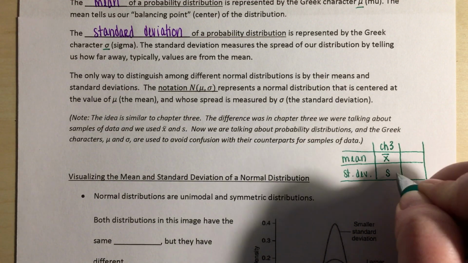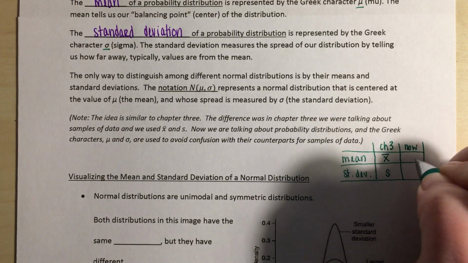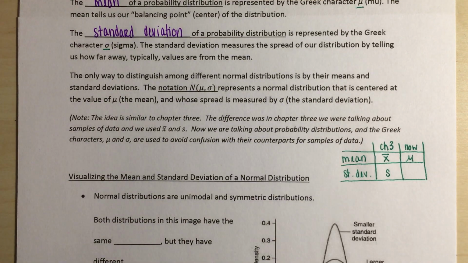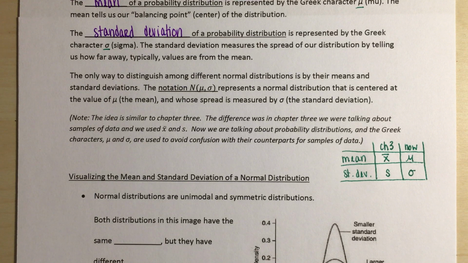When we were thinking about standard deviation, we used s. Now we're going to use Greek characters. We're going to use mu for our mean. Again, it looks kind of like a weird cursive-ish M. And then we're going to use sigma, which kind of looks like a 0 with a little tail,